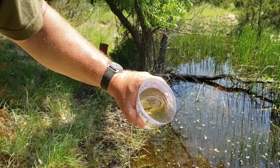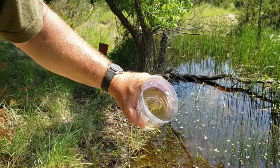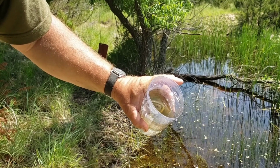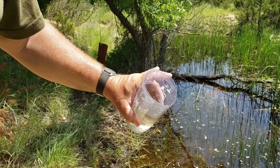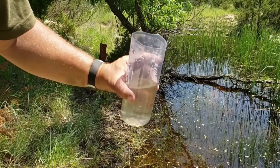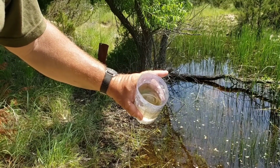Then that will go into whatever antibacterial, antiviral treatment you want. Chlorine, iodine, another filter like a Sawyer or LifeStraw, or the Grail filter. This will make those live much longer because you're taking all the crap that's floating on the water and in the water out, mostly. But it's a nice addition. The Millbank bag, the brown bag,